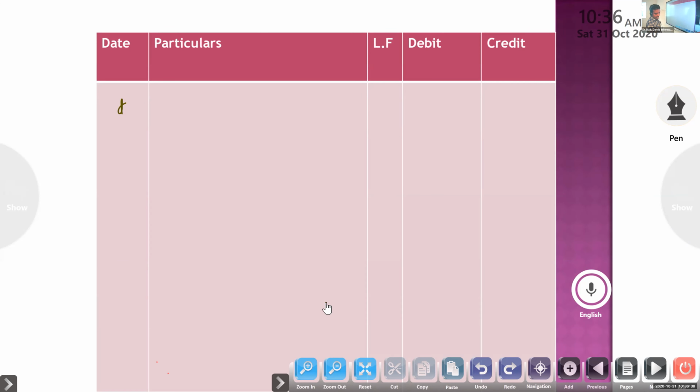Sales return only. In that, is Mahesh debit or credit? Debit. And sale is debit or credit? Credit. So sales return is debit. So that person will be credited. The entry for sales return from Mahesh will be sales return account debited to Mahesh. So Mahesh is credited. But instead of Mahesh, they wrote Manish.